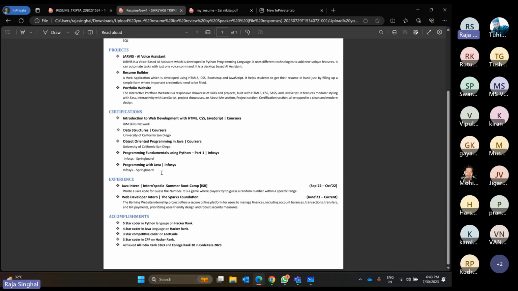And yeah, again, certification is not required. But if you have space and you want to utilize it, you can add a certification at the end. But it doesn't impact your resume quality or your selection percentage.